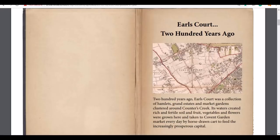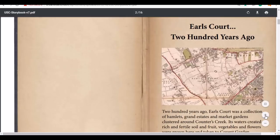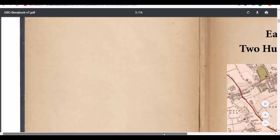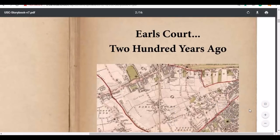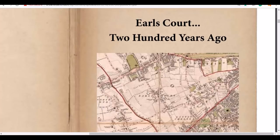If we go back to our maps here and look very carefully at this, I can't go in too far because the text gets blurred. So we've got Earl's Court. There's our Earl's Court farm and all the estates everywhere. All this land is owned by these wealthy landowners, all this. But here's